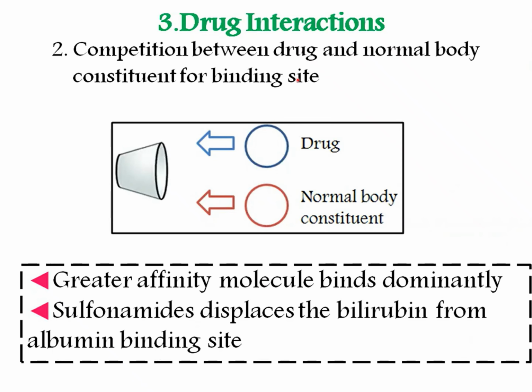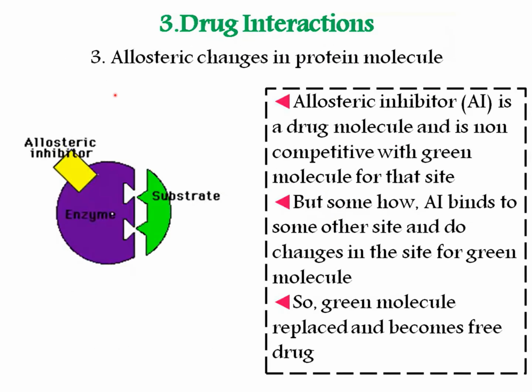Then competition between the drug and normal body constituent. For example, sulfonamides displace the bilirubin from albumin binding site. Then allosteric changes in protein molecule. So what is an allosteric site? In the enzyme,